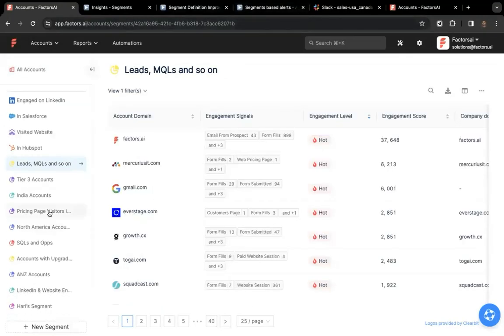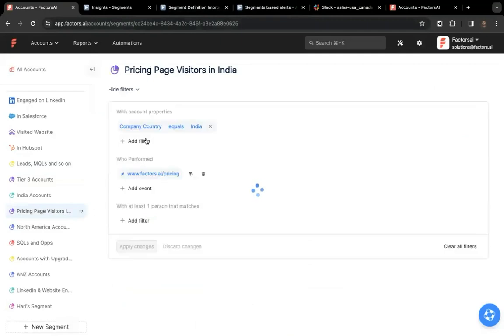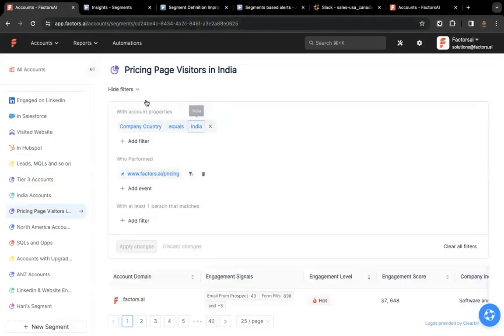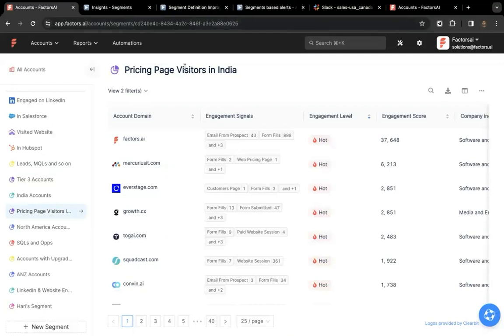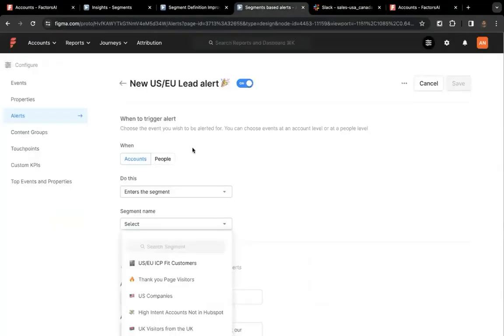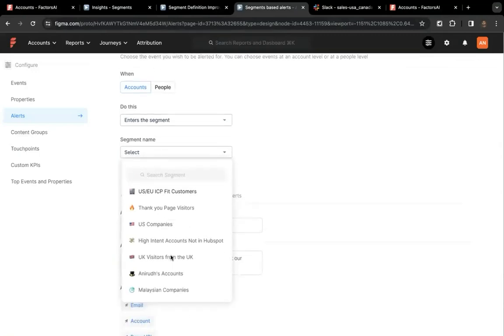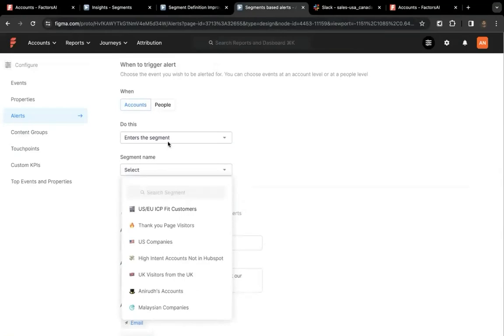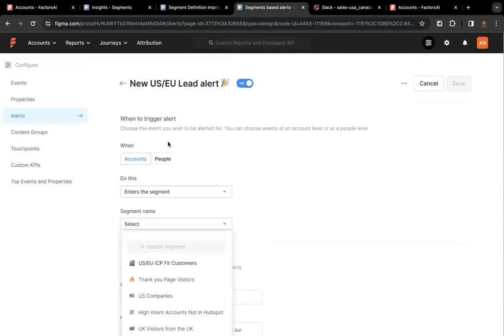Or another case could be anytime someone comes to the pricing page and they are from India, is the segment definition here. Anytime an account qualifies for this segment definition, we want to get alerted about it inside Slack or via webhook, send it to the other platforms that we use. So you can actually choose which segment you want to set this on. You can also set up a similar alert, which is to say, send me an alert every time an account